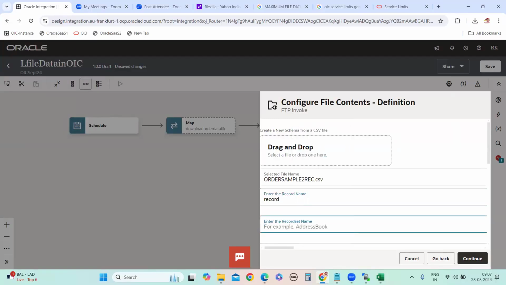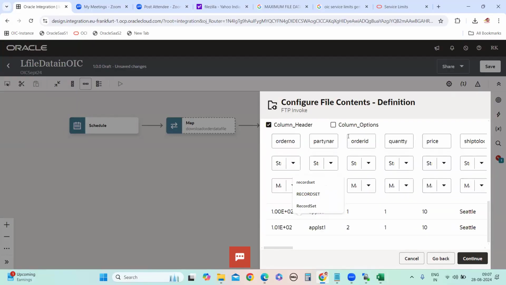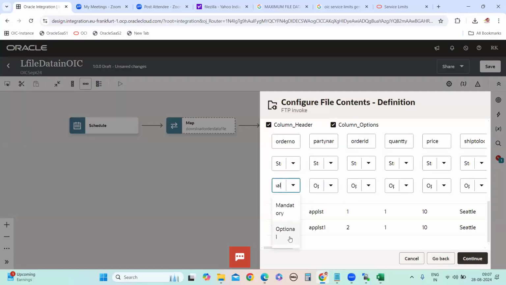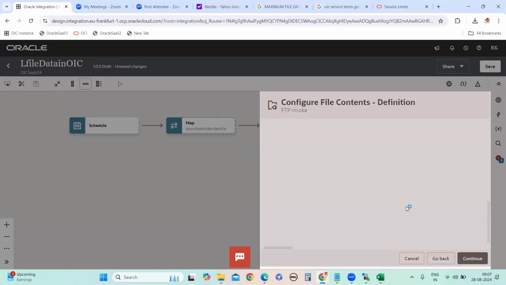The record name can be any name, Records.